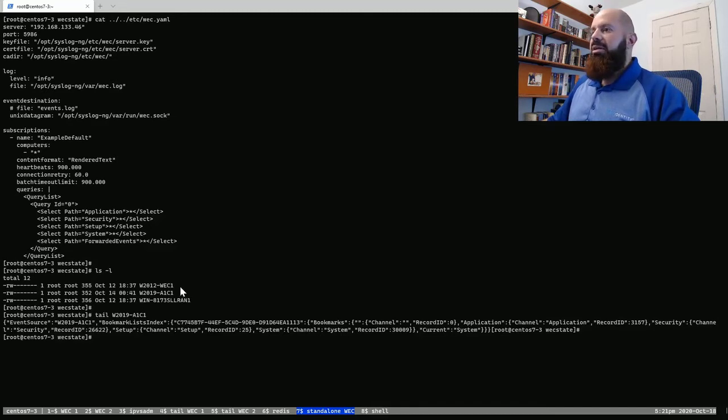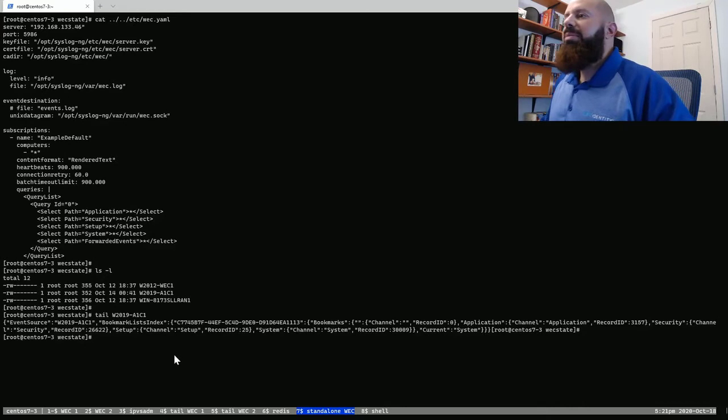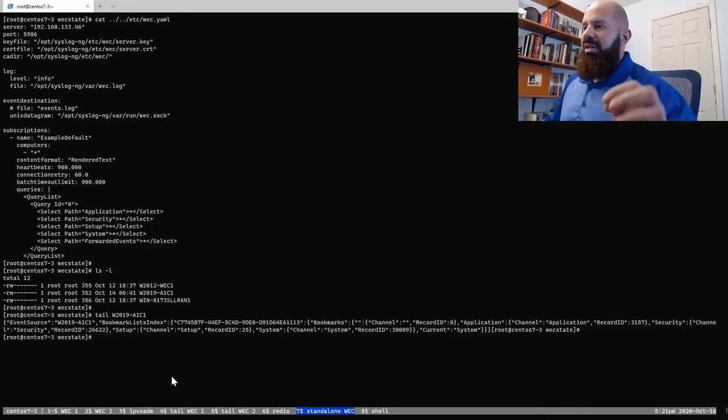And then down here, what we're looking at are the state files that WEC generates. So you can see an entry will be created in this folder for every single client, one separate file per client. And then down at the bottom here, if we look into the actual contents of one of these files, for example, we can see that it says from this particular client, here's a list of bookmarks.